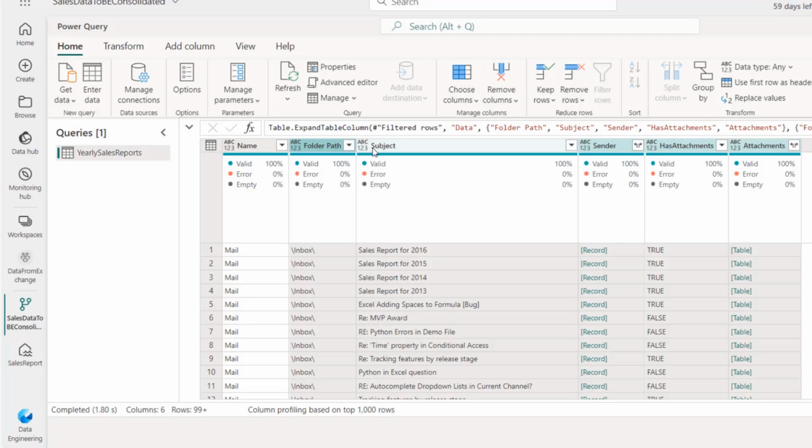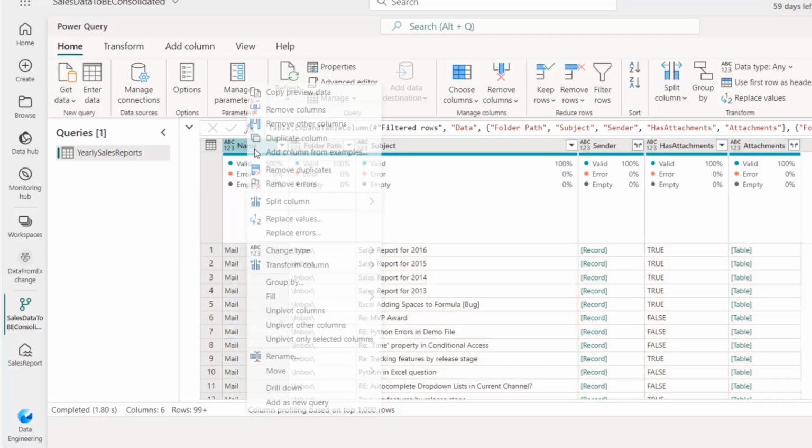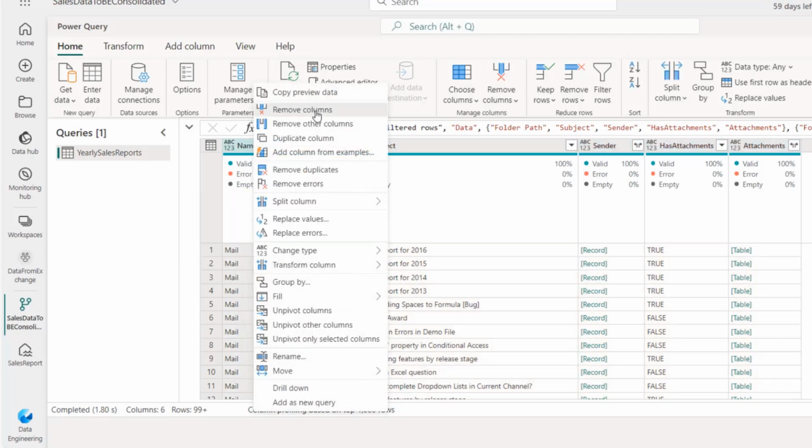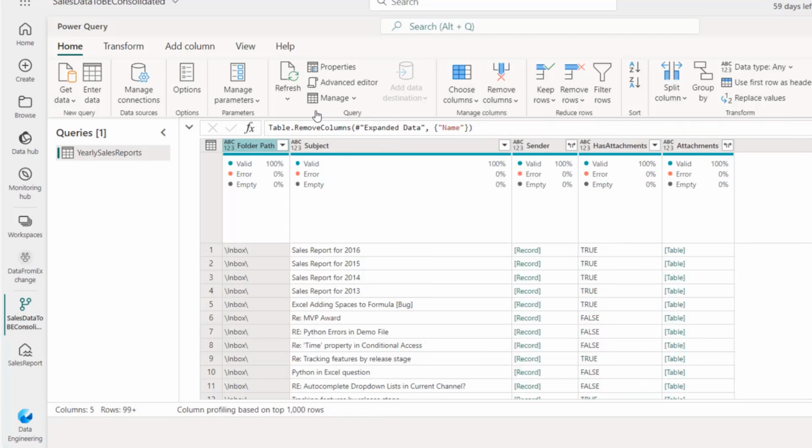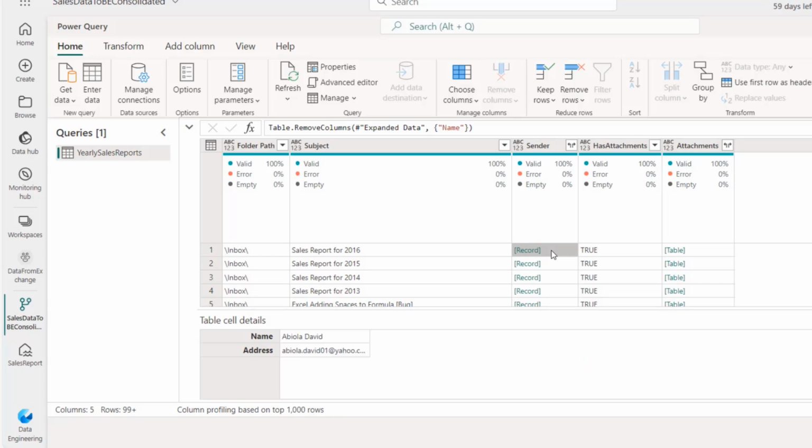Now we can see all the columns. So I'm going to get rid of this first. I don't need this again, and remove the columns after the right click. Now, the first thing I want to do is let's just check the particulars of the sender. Now, the email is actually coming from Abiola David, which is the name, and the address is this Yahoo